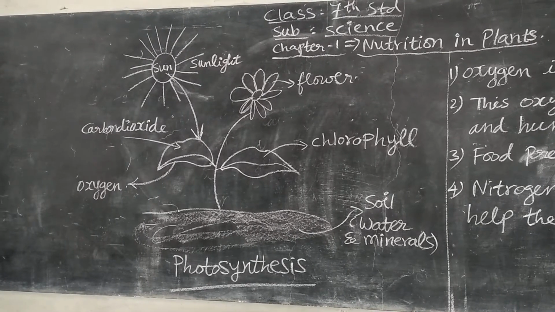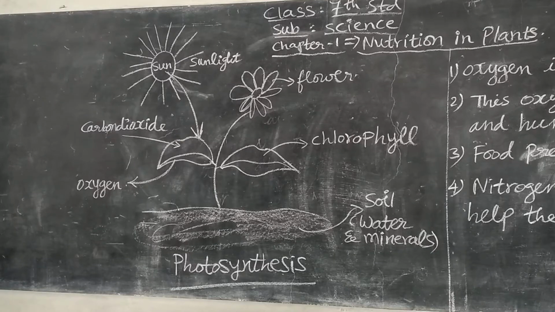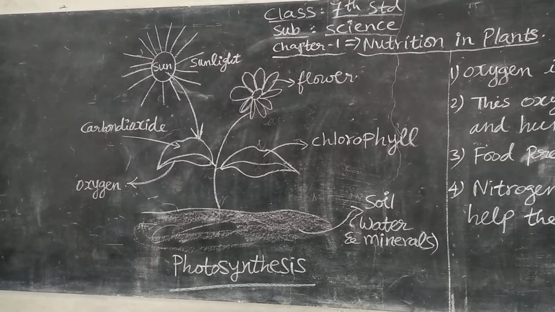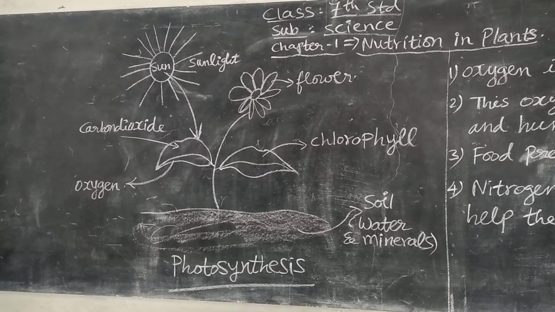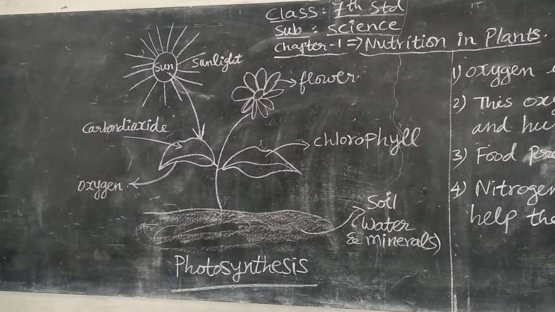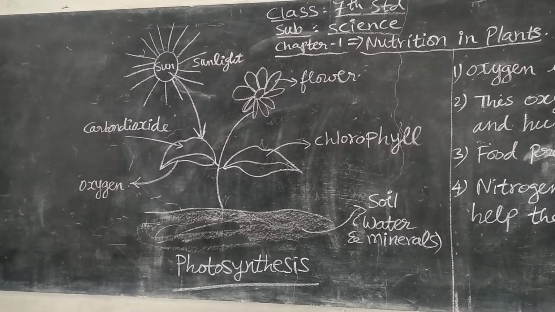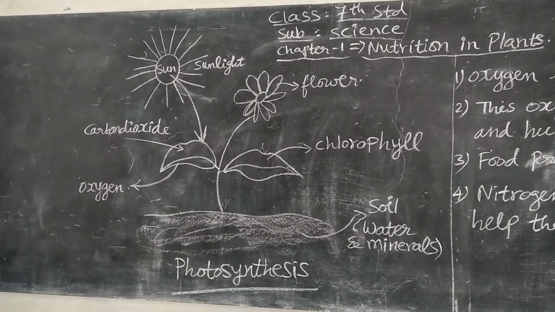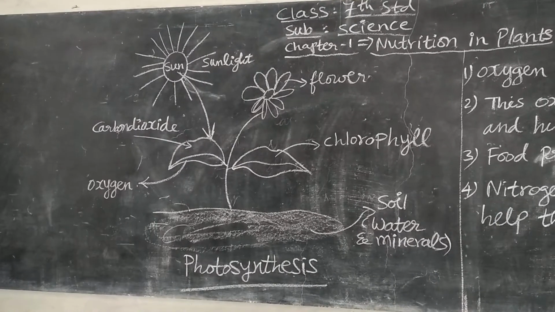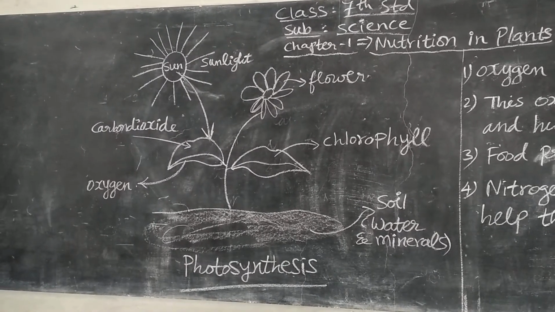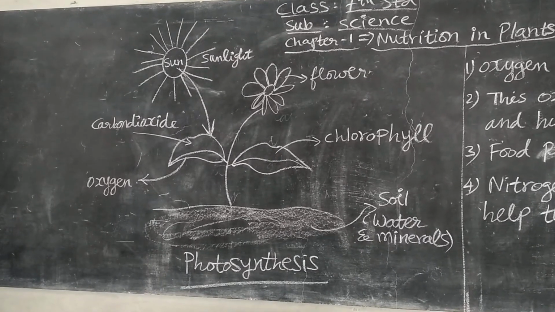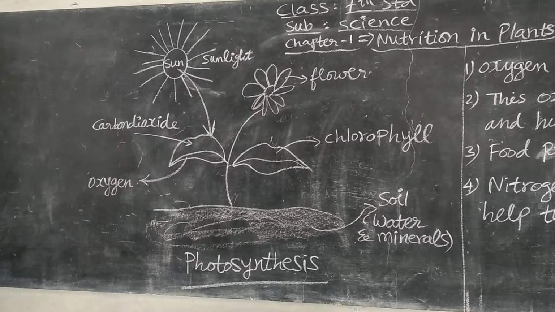So with the help of sunlight, water and chlorophyll, already there is a green pigment in the leaf. This pigment is called chlorophyll. It helps the plant to prepare food. Carbon dioxide gas is there. The atmosphere contains carbon dioxide. From where will the plant get this carbon dioxide? They get it from animals and human beings. What animals and human beings breathe out, that air is carbon dioxide. This carbon dioxide is helpful for plants to prepare food.